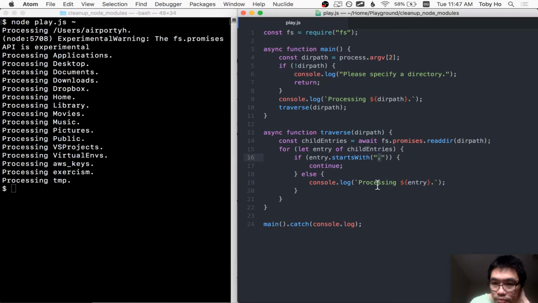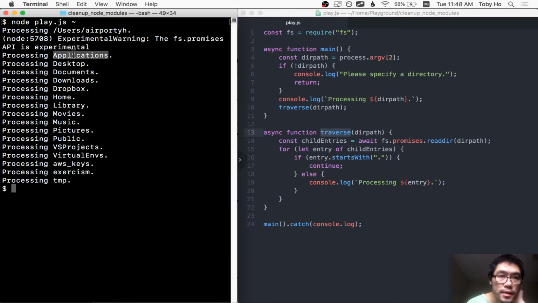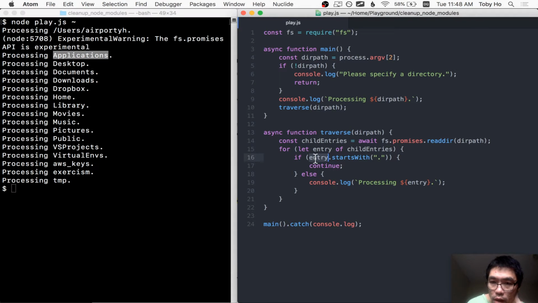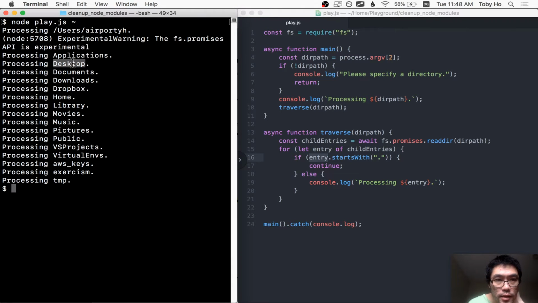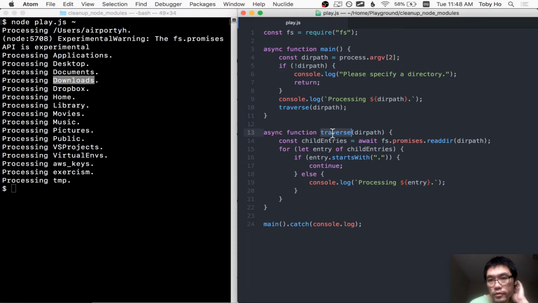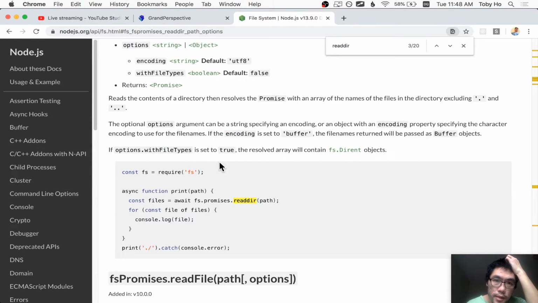Okay, but now we can actually do this recursive call in the case that the entry within the directory is another directory, not a file, then we want to traverse it again. Okay. So how do you tell if it's a directory or not? Or yeah, how do you tell if it's a directory or a file? We'll consult the